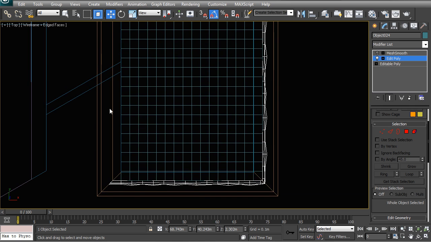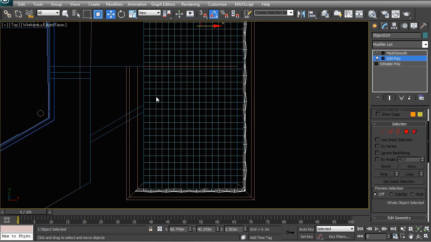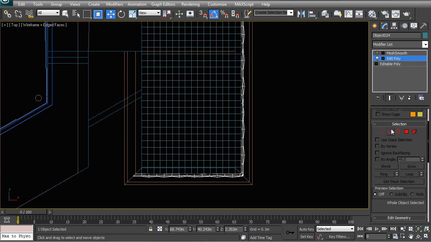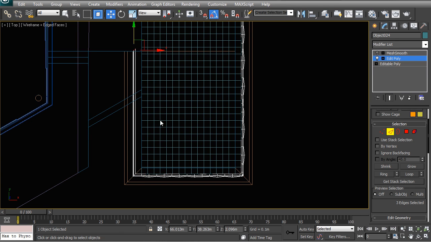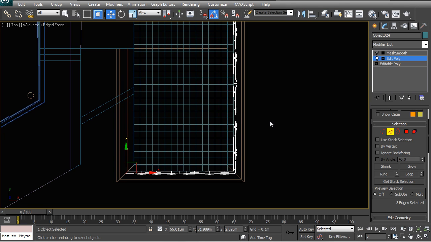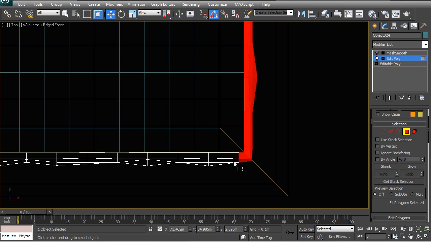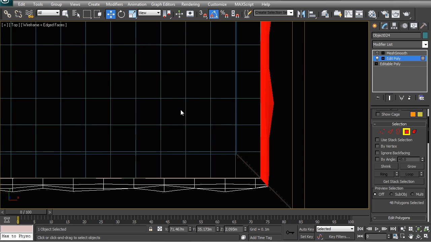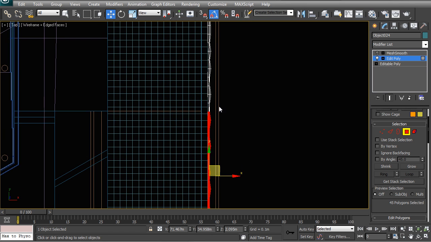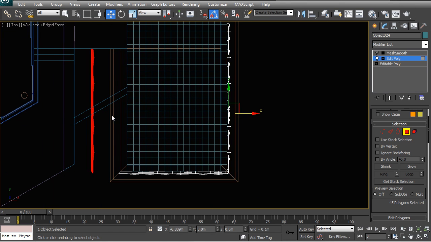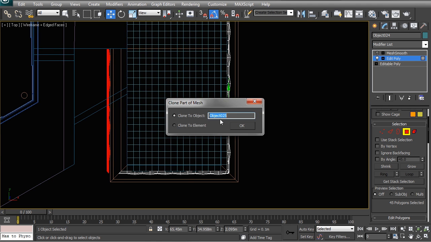Next, we're going to model this part here that goes all the way to the edge of the terrace, and instead of modeling this afresh, starting with these edges, which we could of course do and then add segments and then move all the vertices just like we did originally, the quicker way to do it would be to just take what you already have, namely this portion here, and let's go and just select all of the right polys for that. And then let's go and, holding down Shift, move it across all the way to the side, making a new